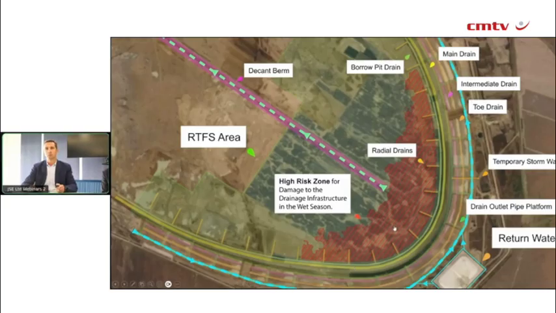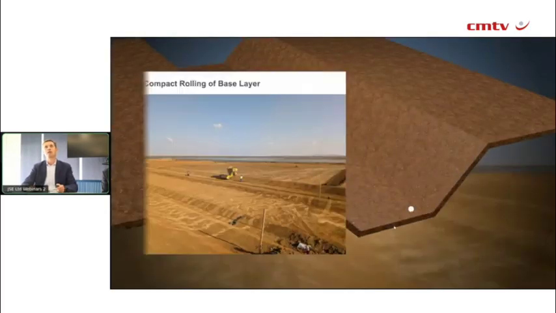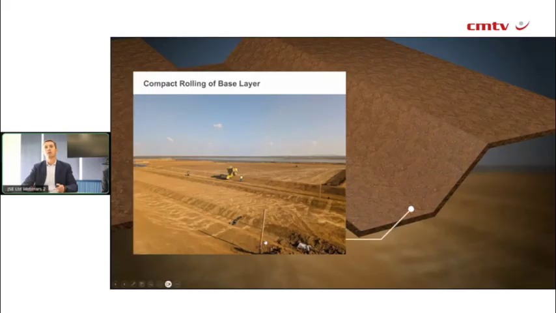Now, just to explain what I've just said in terms of segregation and how that works, I'll quickly explain how the starter wall and the drainage system is constructed, to show what impact the segregation of material might have. So what you see here is, first off, the starter wall, the outside, the borrow pit section. This is what we're referring to here.